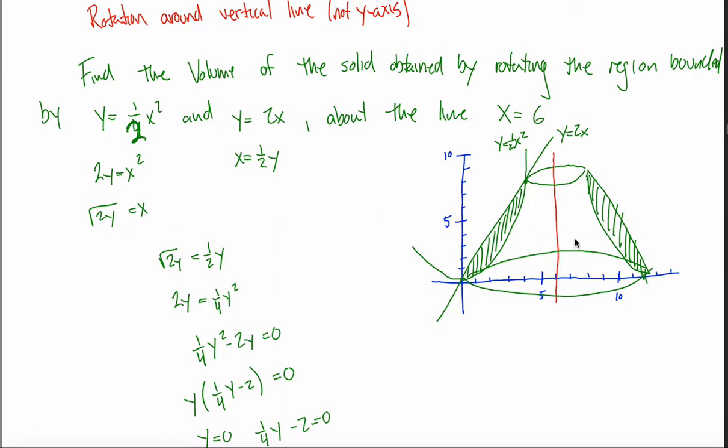All you need to see is that a horizontal cross section of this tunnel would make a washer. And that washer would have an inner radius and an outer radius. The inner radius I would think of as the distance from my axis of rotation to this curve. And my outer radius I would think of as the distance from my axis of rotation to this curve. So if I let this represent my outer radius and I let this represent my inner radius, then I can